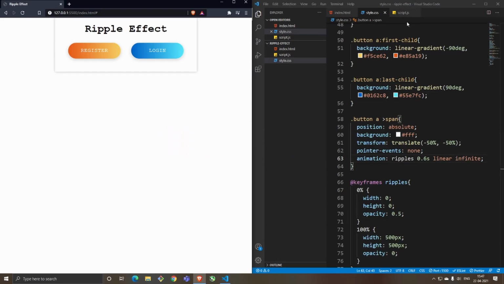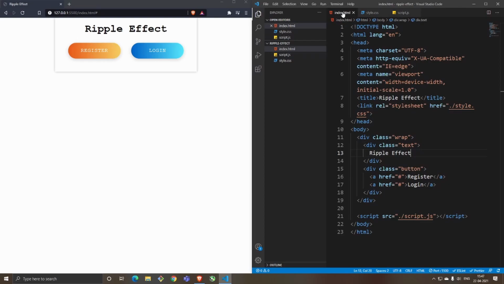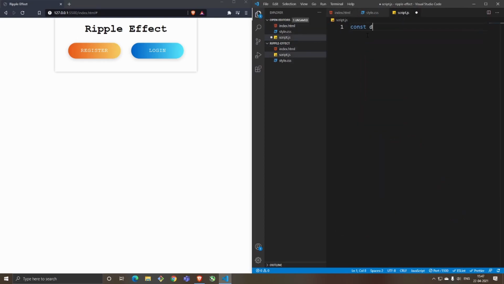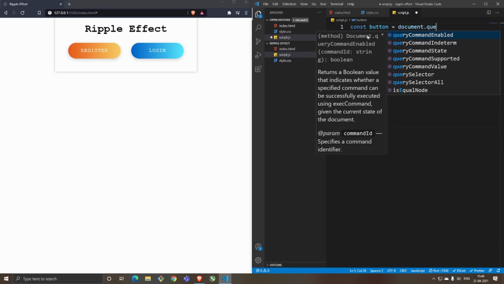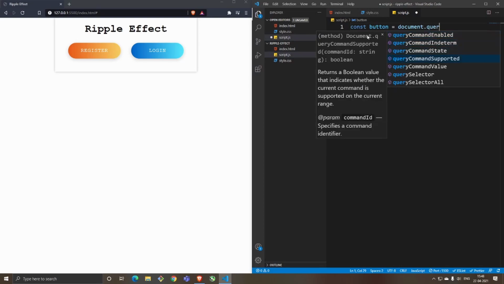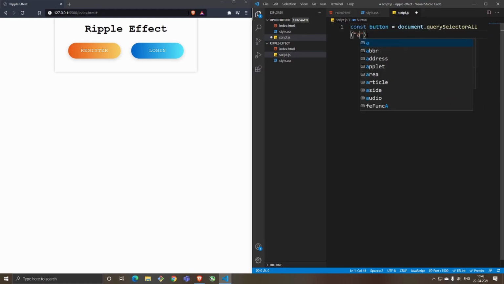So let's go ahead and we'll write our JavaScript. Right off, we'll start by taking each of these texts. These are in the A tags, so we'll call each of them as a button. So const button = document, where we want it, from querySelectorAll. So we want to select everything which has a tag because it's a query, right? Whatever you write in HTML.